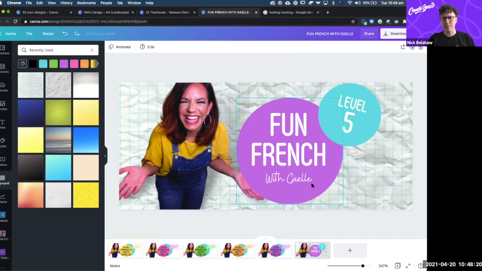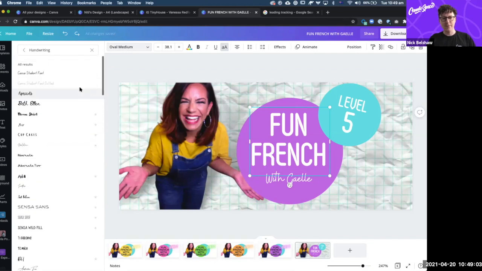So a lot of what I was talking about here, in particular with this piece of script typography, was about that human, almost signature-style feeling that I wanted, because it's Gail's name. It's quite personal. So that's a really great way to think about type. It's like, okay, I've got this name that I want to write on the page. I'm not going to use some really modern, soulless typeface. I want to use something that's more human and personal. So think about what it is that you're trying to say, and then try and find a piece of typography that matches that message. And I think the good thing about Canva's font library,